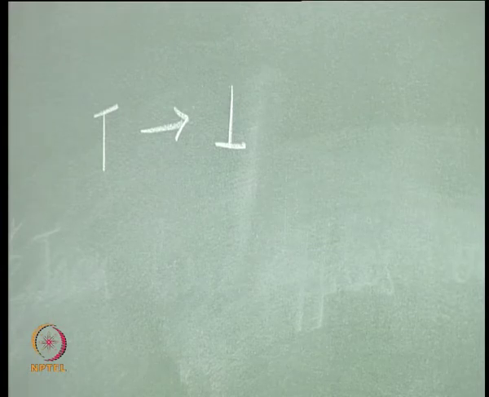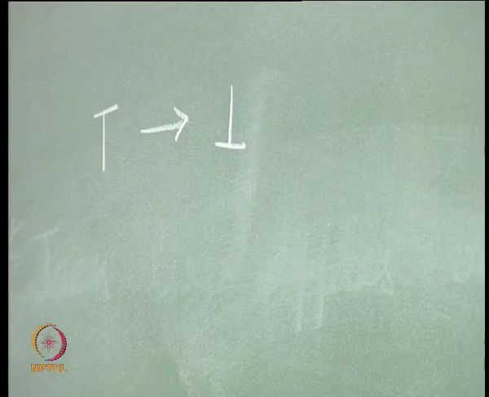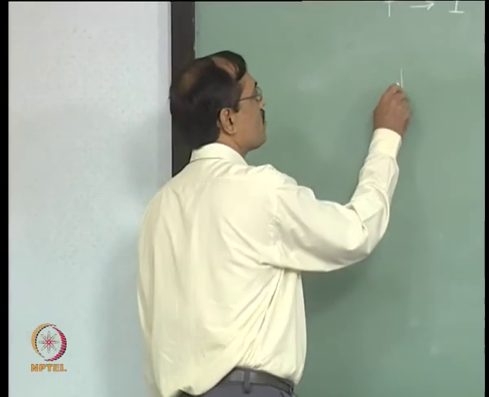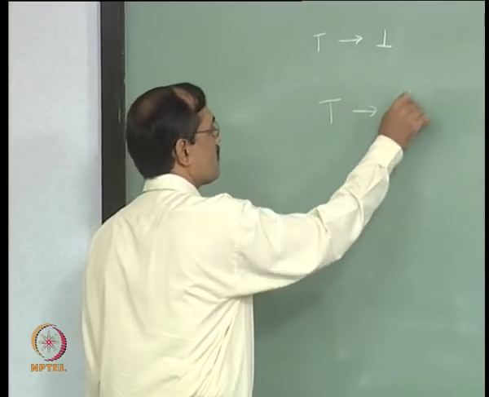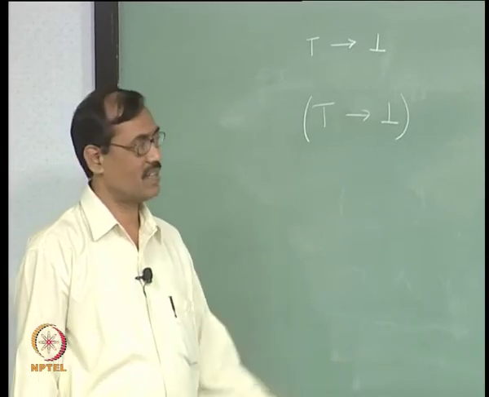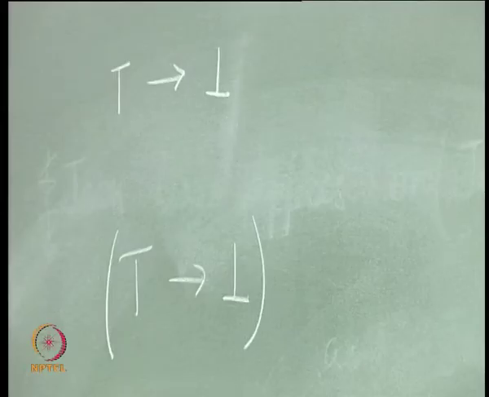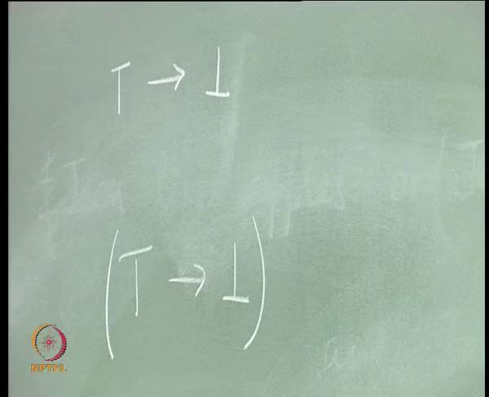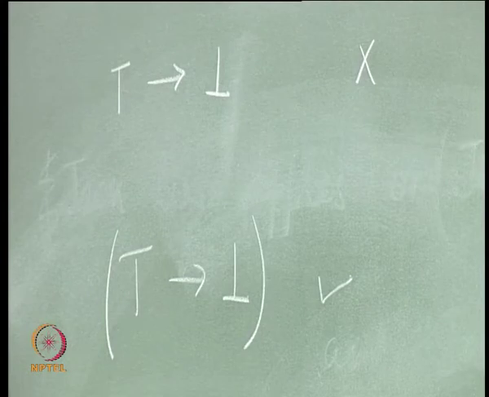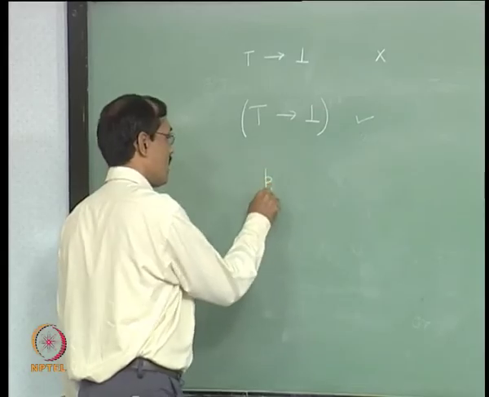Then it is not a proposition, right. So, I can generate a proposition with the top and bottom in the same sequence, but with parenthesis. Without it I cannot generate by following the rules of the grammar, fine. Therefore, this is a proposition, but this is not, right. I can say P1 is a proposition,